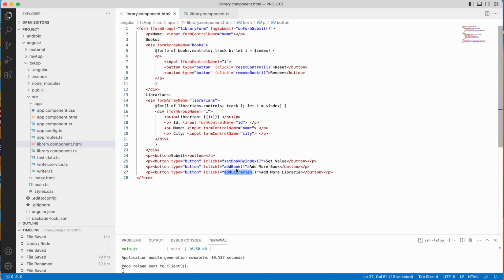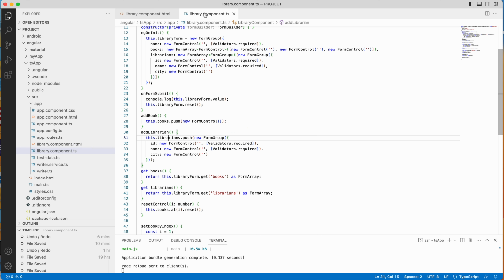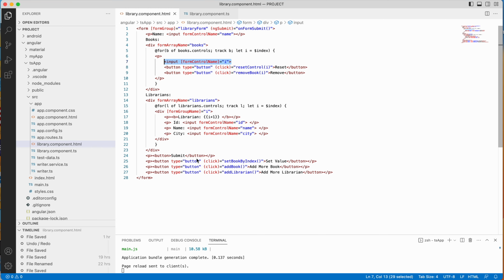I have one more method, add book. This will add more controls here like this, and add book. Again I am using the push method and pass the new form control. Now let's run it. One more thing I would like to, after submit, this is a submit button,